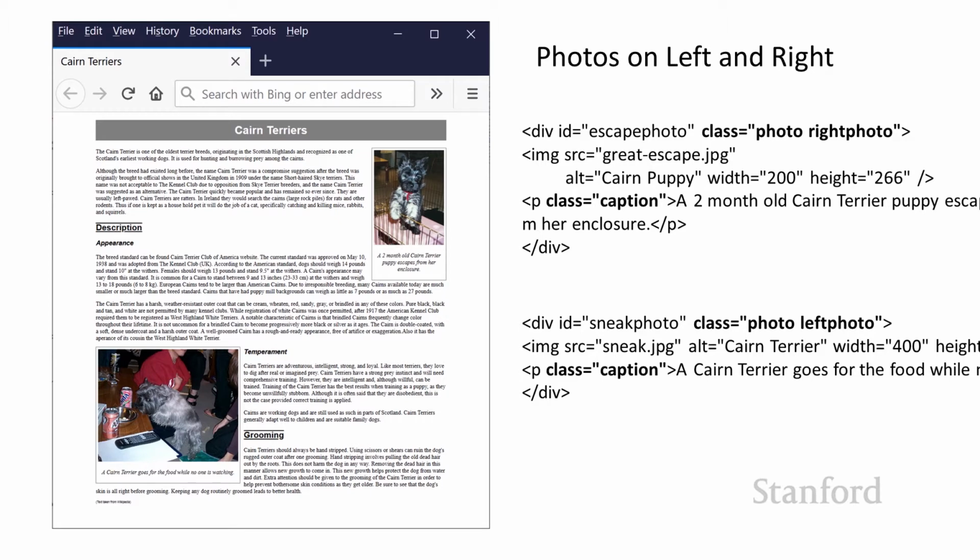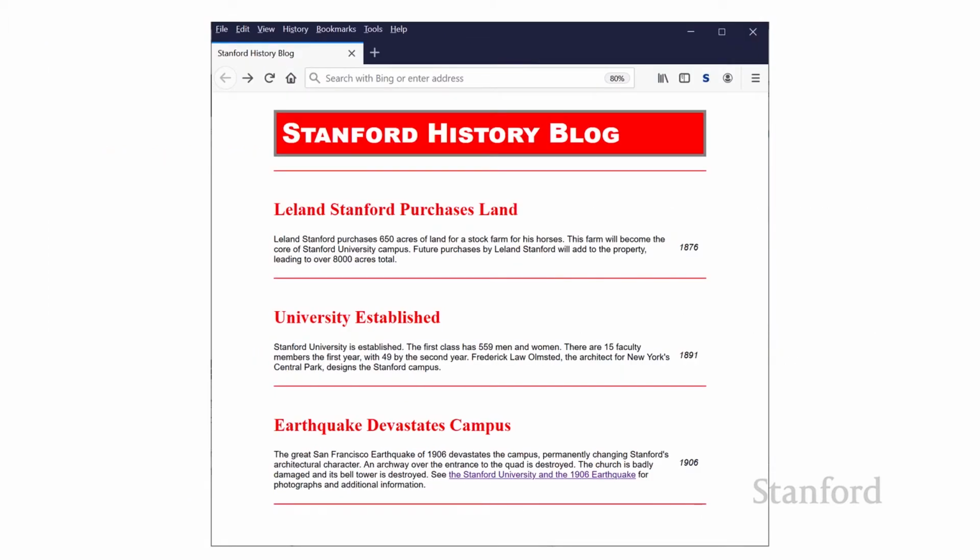One of the places that this often shows up is in blogs. So here I've got a blog about Stanford history, and you can see I've done some formatting on it. And in fact, you're going to get a chance to do some formatting on this for your next homework assignment. So we will be providing you with the HTML for this file, but not the CSS. So we do want you to create CSS from scratch. But let's go over the CSS that I used in order to get the current look